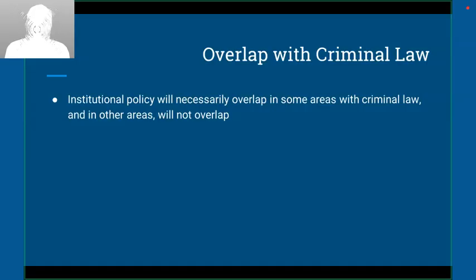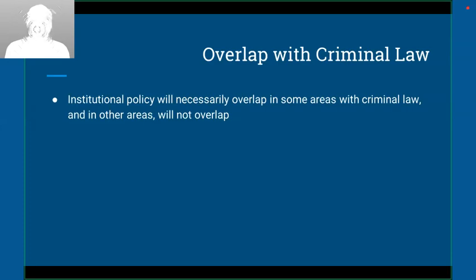So it wouldn't necessarily be criminal for a person to engage in a series of inappropriate sexualized comments, or to really persistently single someone out with sexual innuendos and passages. But that might be something that could implicate a university's policy, either as a policy violation, depending on the circumstance, or just as behavior that's considered inappropriate. And even if it wouldn't necessarily be addressed as a potential policy violation, it might be something that an institution